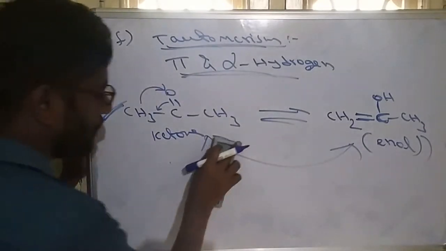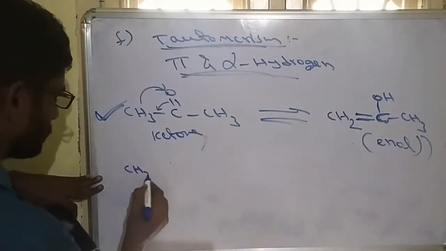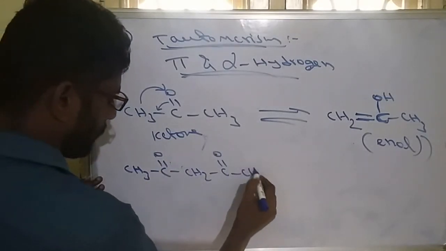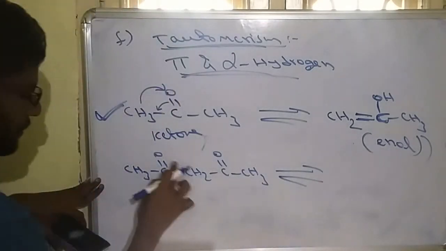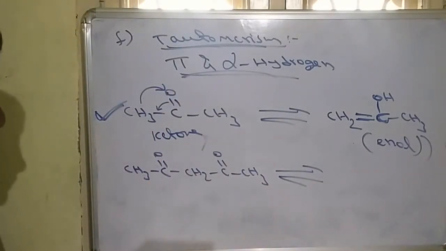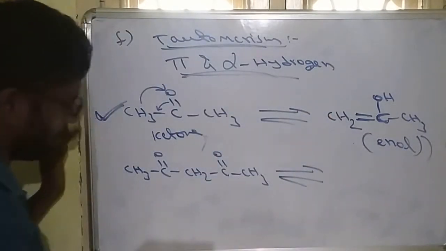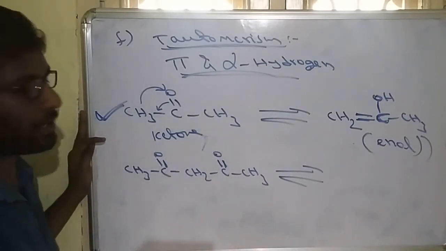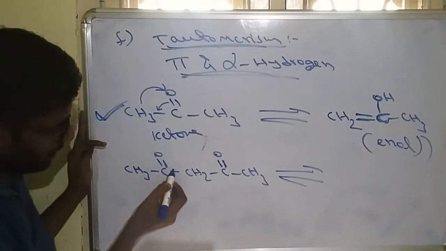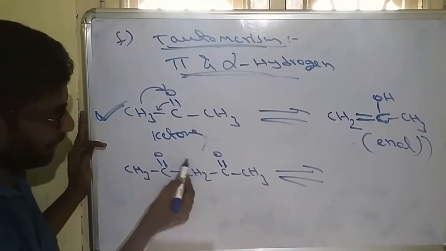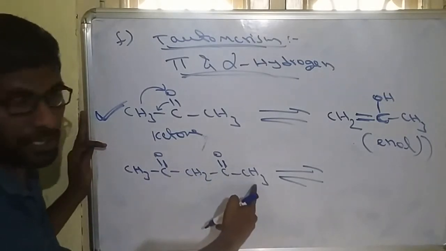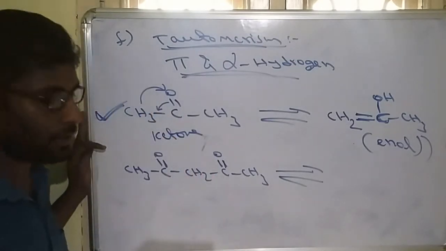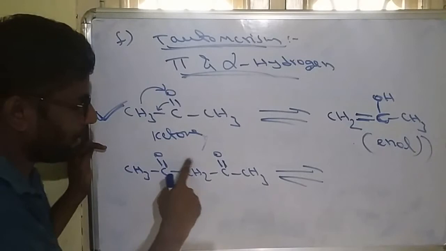But in some molecules like this, see this. So this is also a ketone. So it is a diketone. Two CO groups are there. And whenever writing the enolic content, so this is the pi bond. This is also a pi bond. Either this or this, any pi bond can shift. It can shift here also, can shift here also. But here two hydrogens are there. So these hydrogens are very alpha when compared with this CH3, this CH3, because this is the alpha carbon for this functional group also, and for this functional group also. That's why hydrogen mostly shifts from here to here or here to here.